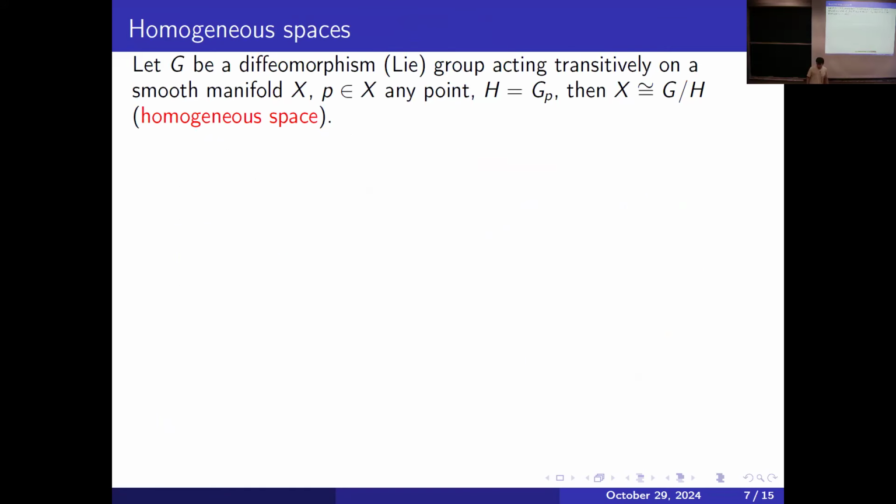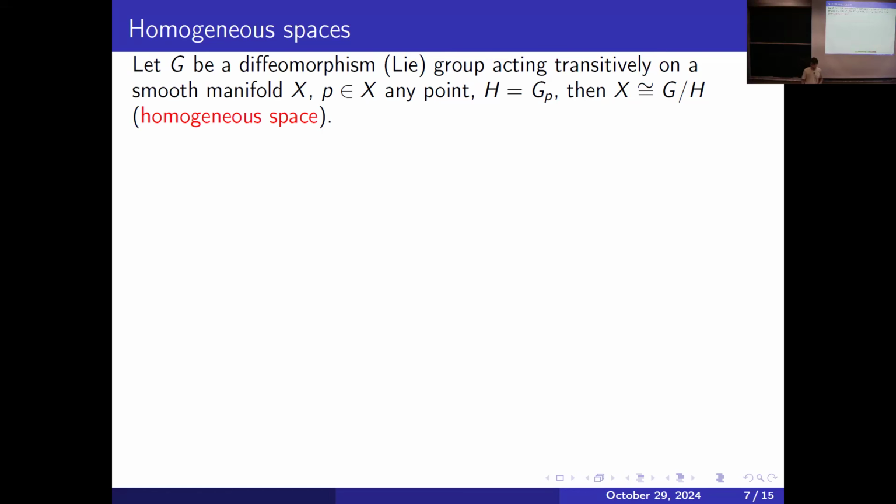Now let me recall some facts about homogeneous spaces. I already gave some information somewhere in the beginning, but let me repeat. We will again use it a little bit later. So let G be a diffeomorphism group acting transitively on a smooth manifold X, and P just be some point